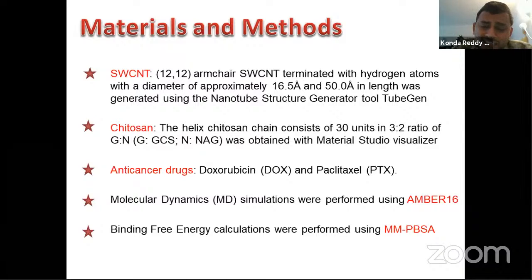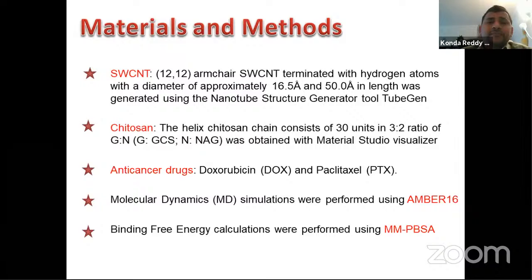So we have used Chitosan, which mostly consists of 30 units, in a 3:1 ratio, which is beta-1,4-linked glucosamine and N-acetyl glucosamine. We have used a 3:2 ratio. And then obviously we have used two drugs, DOX and PTX. And then we have used molecular dynamics simulations and binding free energy calculations to show how the co-loading and